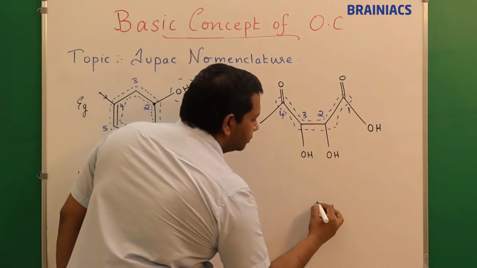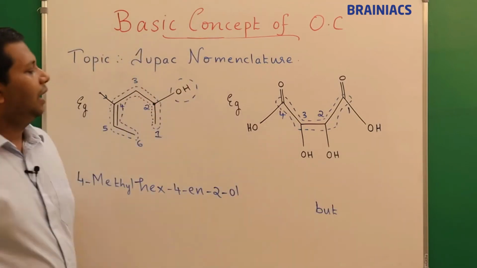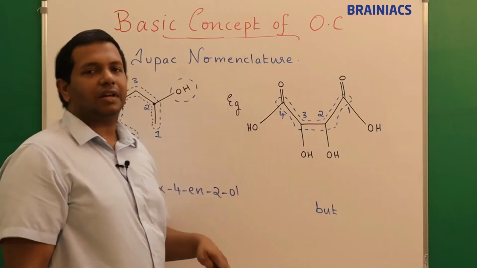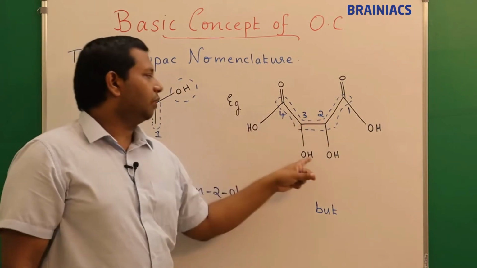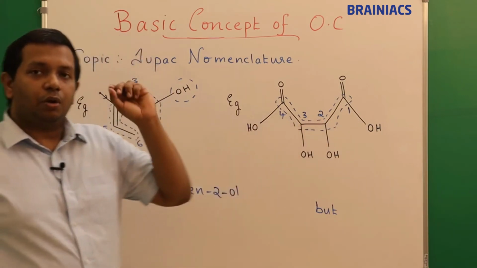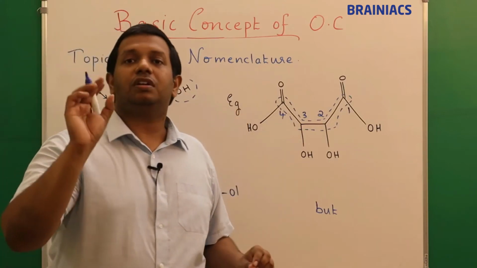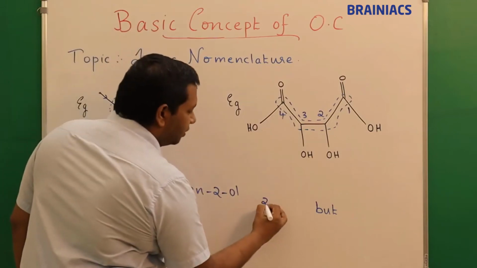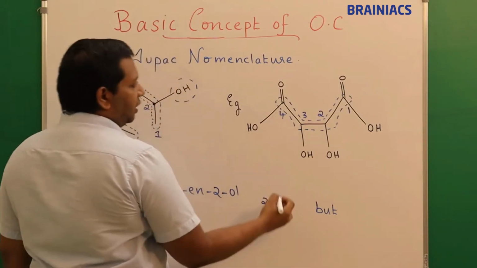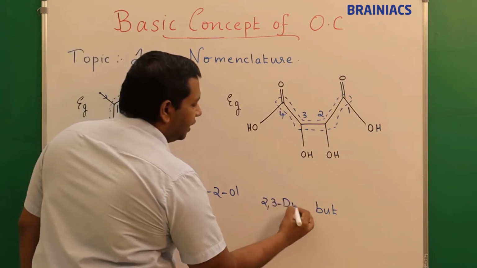Correct? Word root should be but. And prefix. Secondary prefix substituents are there at position 2 and 3. So tell me 2 and 3, what is the substituent name? Whenever OH behaves like a substituent, we use the term prefix hydroxy. So I know that 2 comma 3, since both are the same, 2 comma 3 hyphen